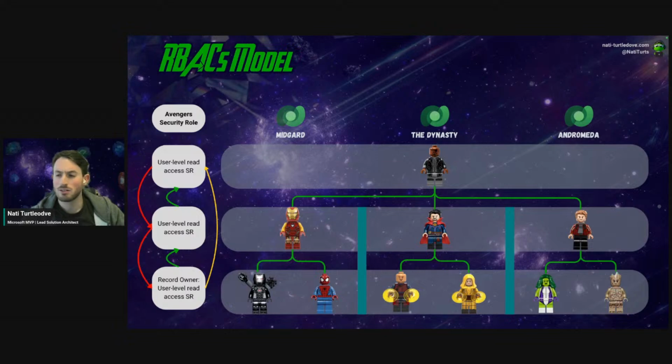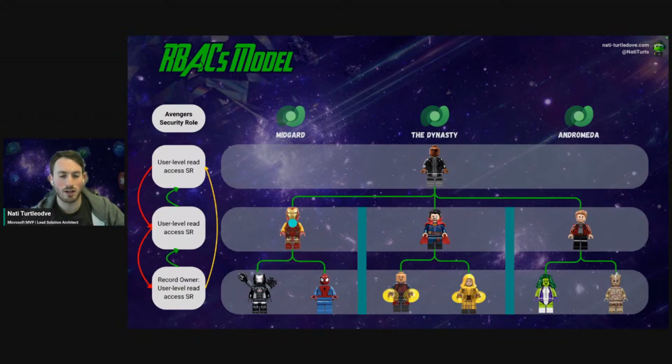You could have many, many different depths of that hierarchy infrastructure. So through this hierarchy model, even though I've got a user level privilege, because I'm the direct manager for one of these individuals, I can then see that data. So we can now see the record has a green line saying the user above them can now access that data.